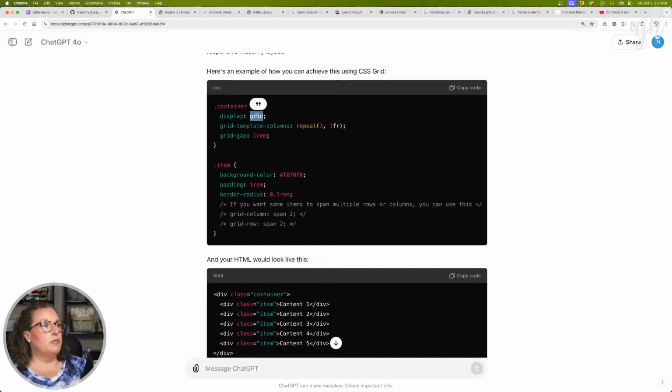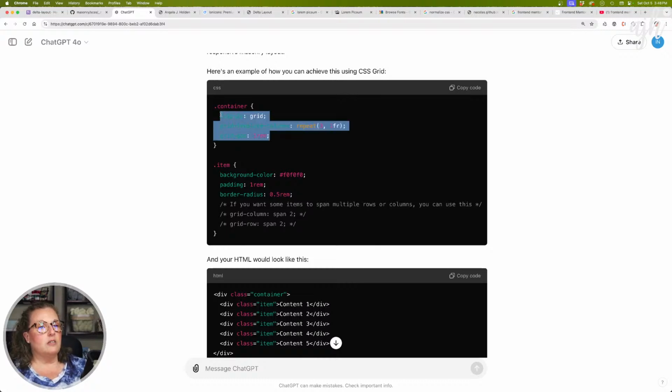It's part of the, what do they call it, the experimental CSS3 spec for grid. So we were able to, in Firefox, enable the experimental mode of grid masonry, but it really doesn't work unless